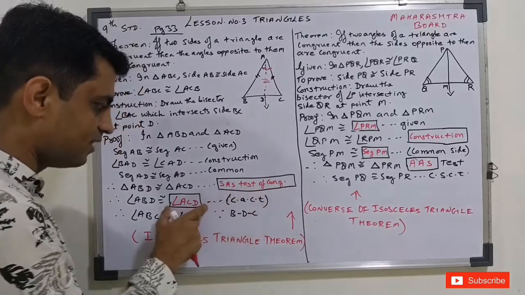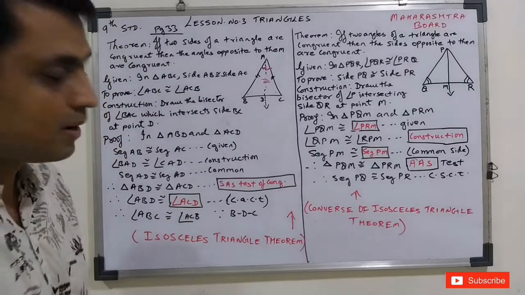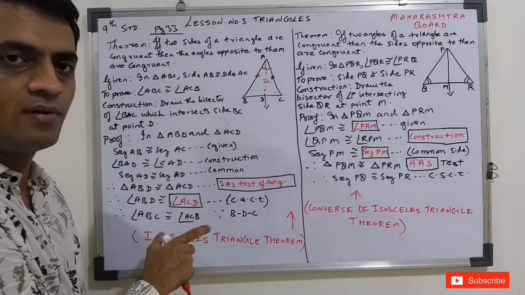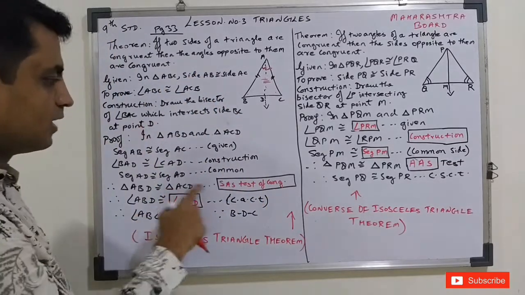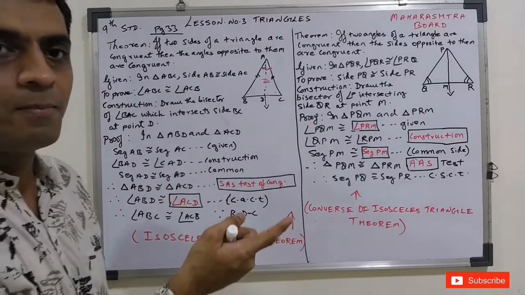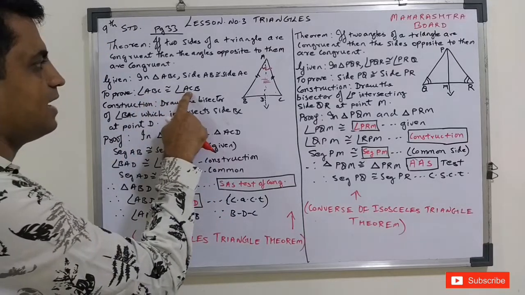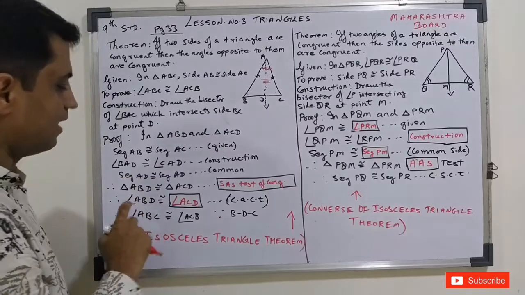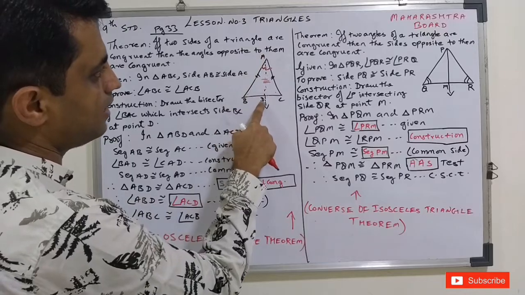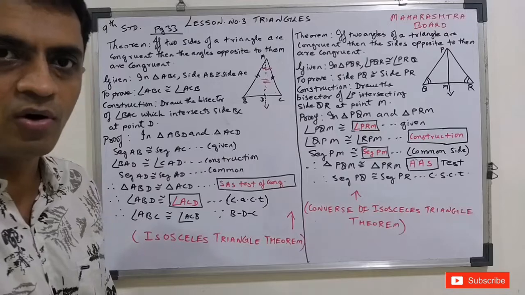Now in the textbook they have given these blanks, so I have written in the activity form. But in the exam they can ask the activity form also or straight away the proof. It depends. So both the triangles are congruent by SAS test. If both the triangles are congruent, it means the remaining parts will also be congruent. Now let us see what we have to prove. Angle ABC and ACB. So what do we get here? Angle ABD, this angle, is congruent to angle ACD, corresponding angles of congruent triangles.